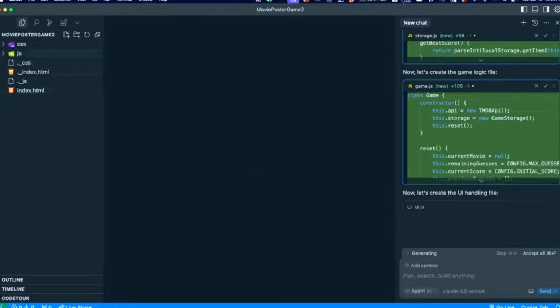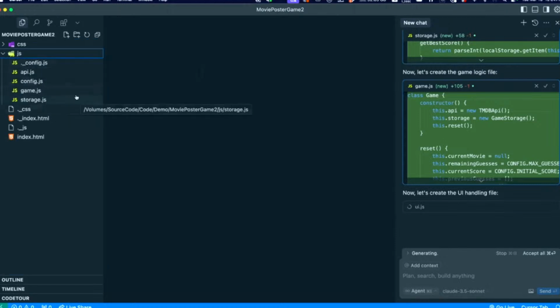So you can see over here, it's creating a lot of files. It's created a bunch of JS files. That last one had, I noticed it too, maybe there's a setting here that shows all files. Like I know in Visual Studio it shows all files. So these should be hidden. These underscores are something to do with Cursor, how it does it. Mine didn't do that. I'm not sure, but I literally ran through the process once a week or so ago, just to download Cursor and mess with it. I spent maybe 15 or 20 minutes on it, and mine didn't do that. But I didn't create this same app. I created a little image picture guessing app. It wasn't related to movies or anything.